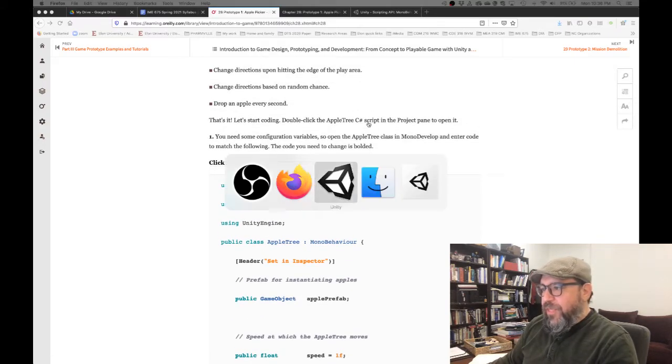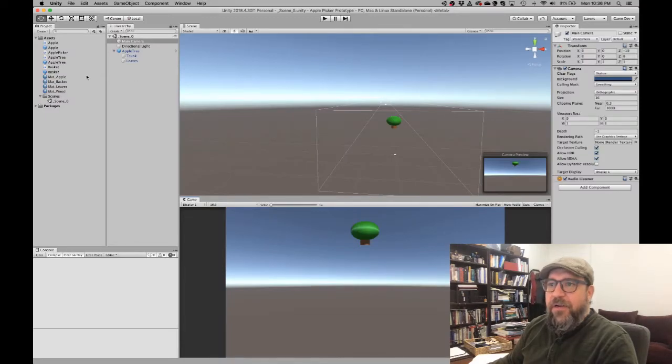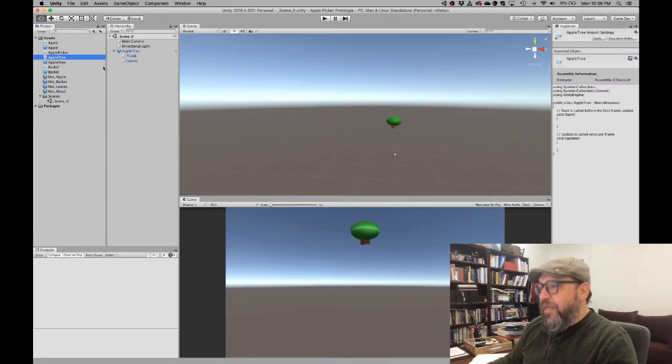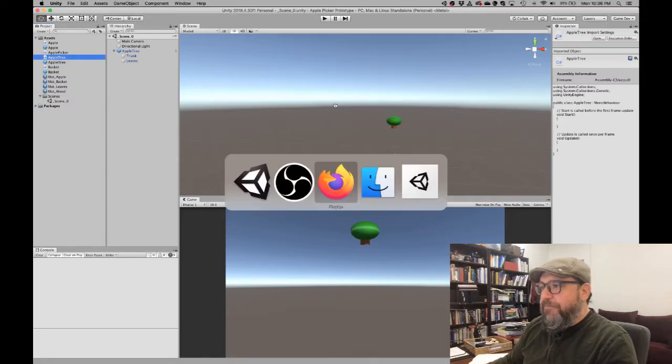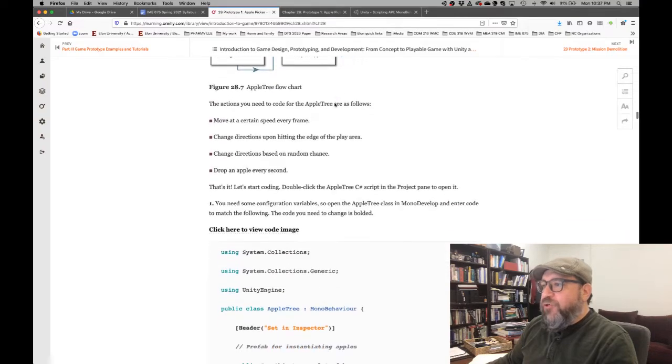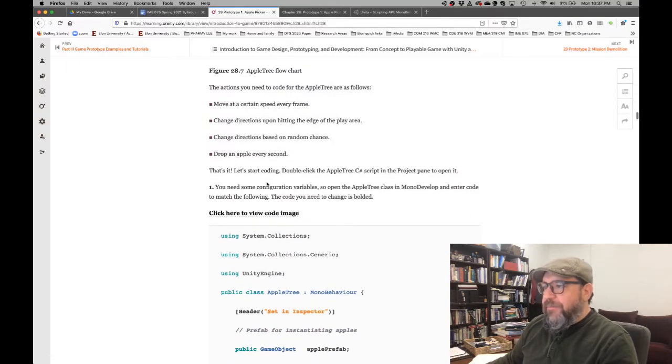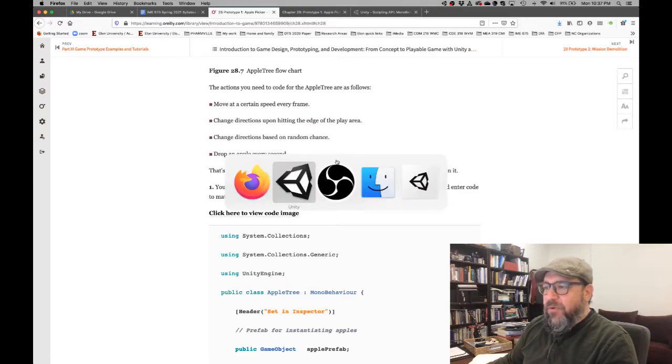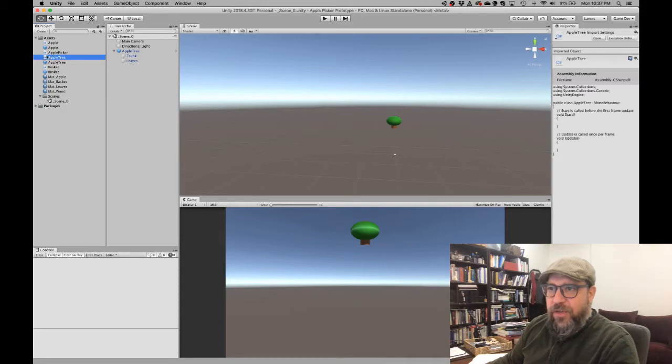All right, so let's get to the prototype here. So the very first thing we want to do, obviously, we want to be coding the apple. Which one do I want to do? I want to do the apple tree first. So we're going to open the apple tree class in MonoDevelop, and actually in Visual Studio. So anytime you see MonoDevelop in here, you're going to make the mental substitution of Visual Studio. So we're going to start with the apple tree, right? So I'm going to double click on the apple tree. It's going to open up Visual Studio for me,